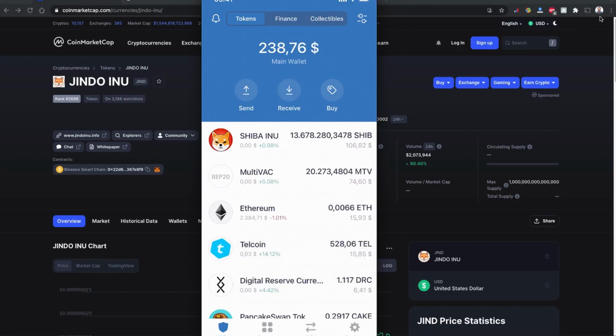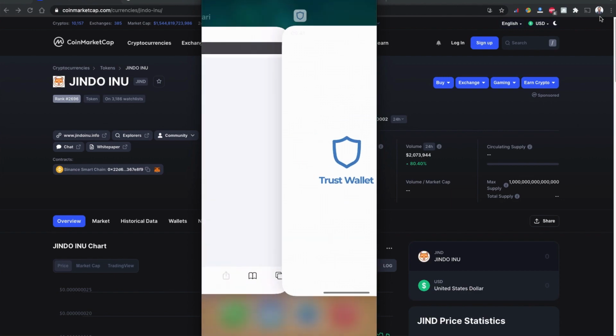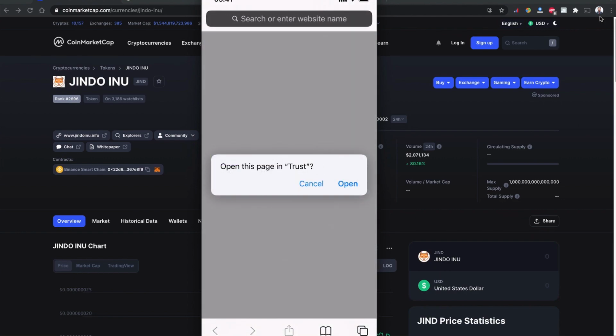So as always, you can see my Trust Wallet is shared on the screen and I'm going to perform all these activities using my mobile phone. On your Trust Wallet, if you don't have this browser option enabled, the 4 dot on your Trust Wallet, please go to your mobile browser and type trust://browser_enable and press go.